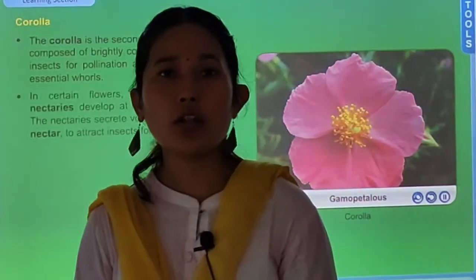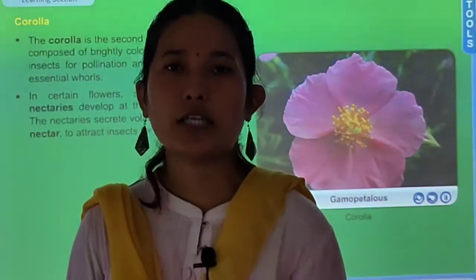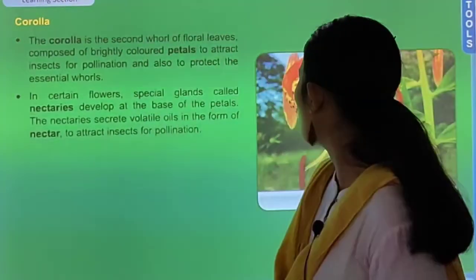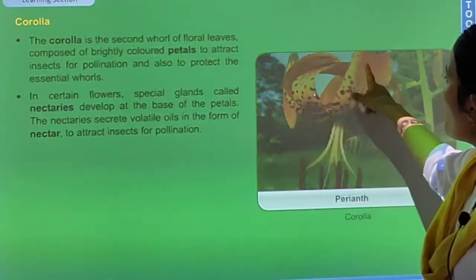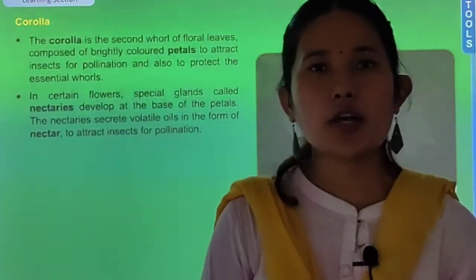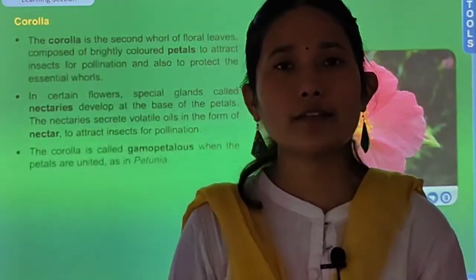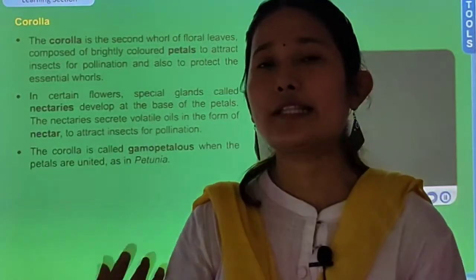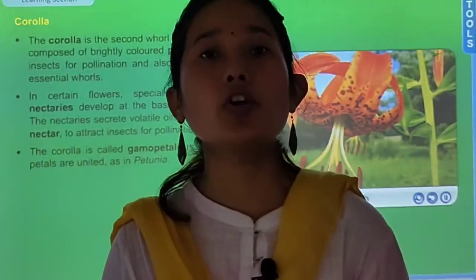The second whorl is the corolla. Individually it is known as petals. As you know, the corolla is the colorful part of the flower. Okay, what is the function of the corolla? The function of the corolla is to attract insects or birds in order to carry out cross